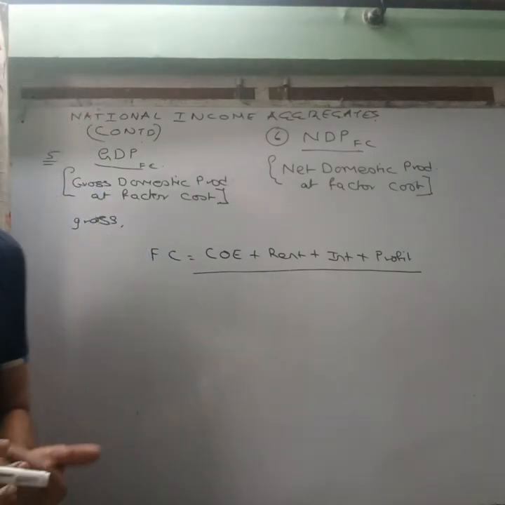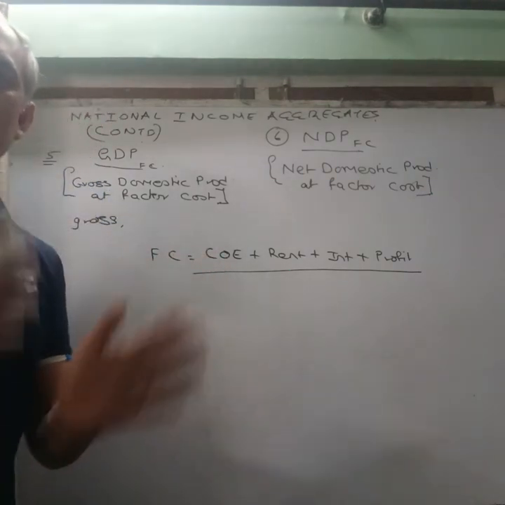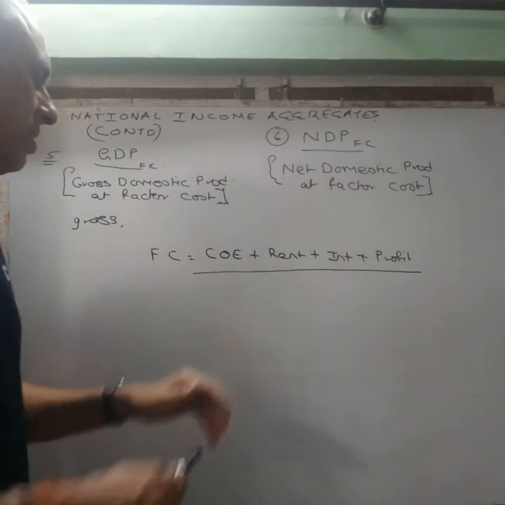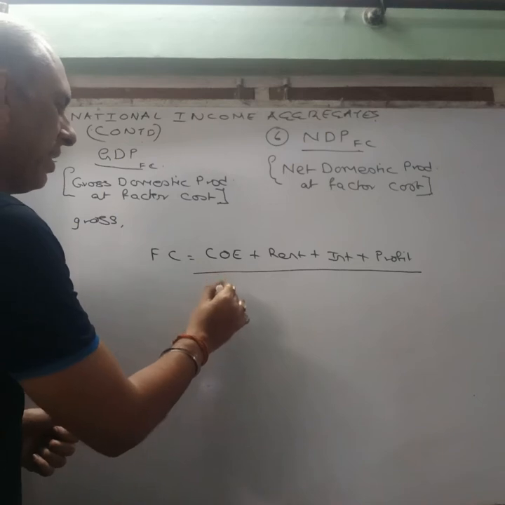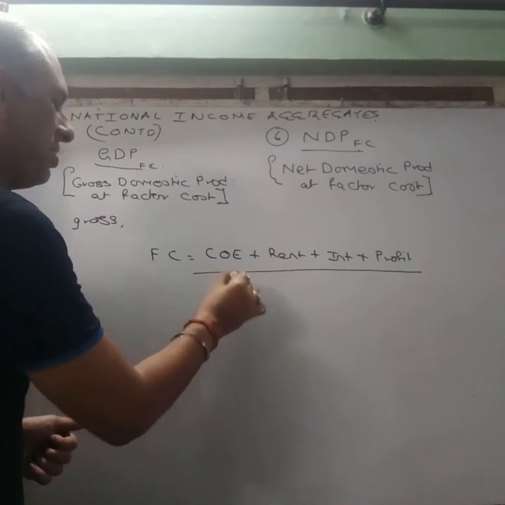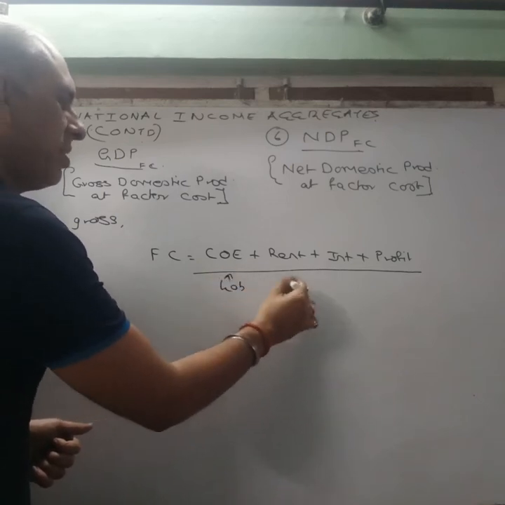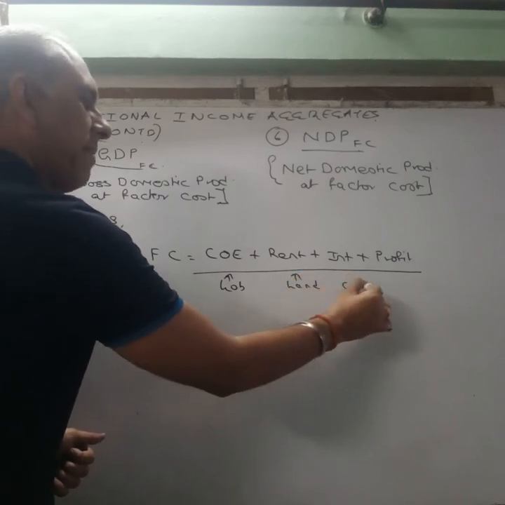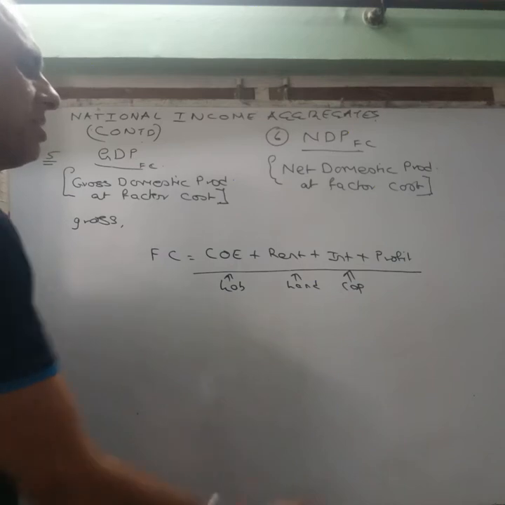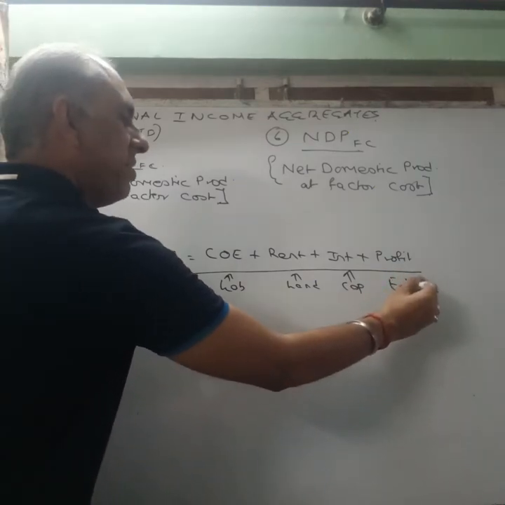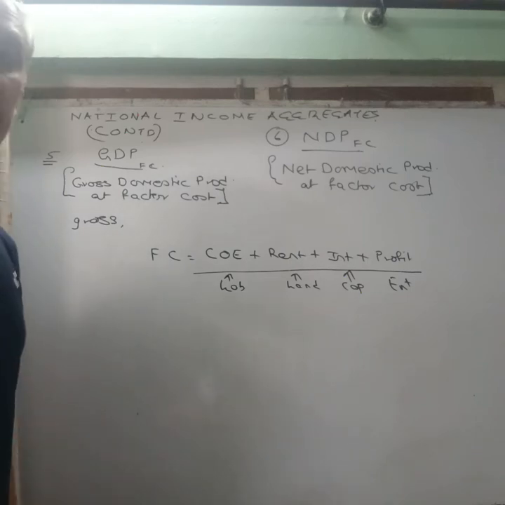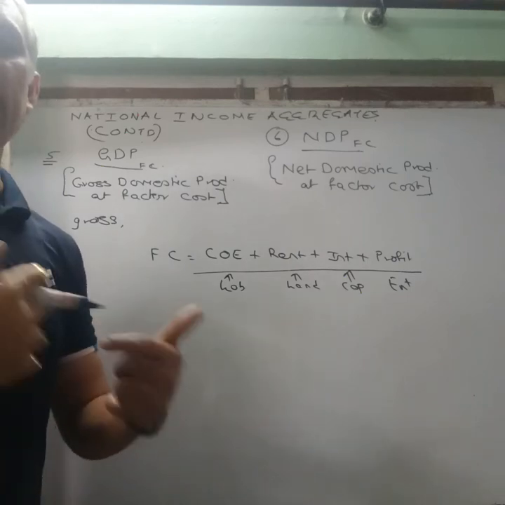Now, factor cost primarily means the cost which we pay to four factors of production: labor, which gets compensation of employees; land, which gets rent; capital, which earns interest; and entrepreneur, who earns profit in the process. Right? Remember, we are not adding